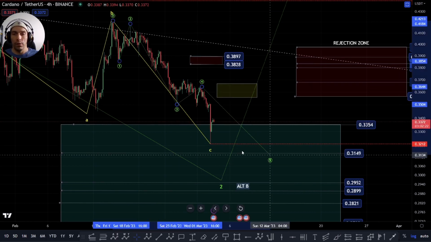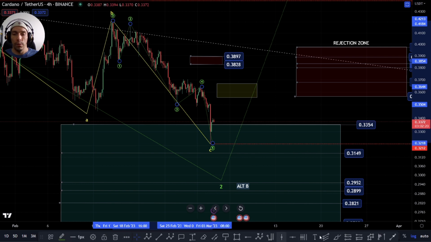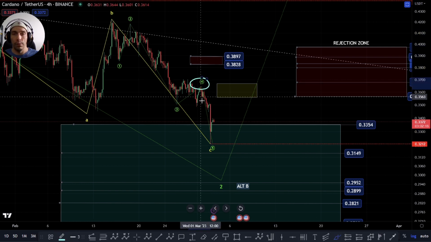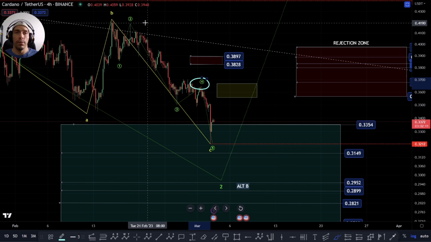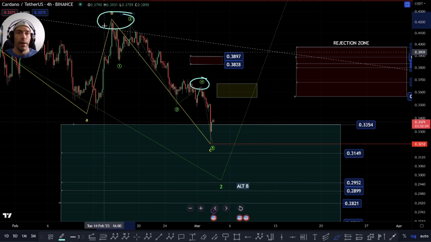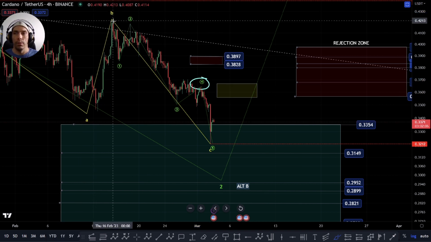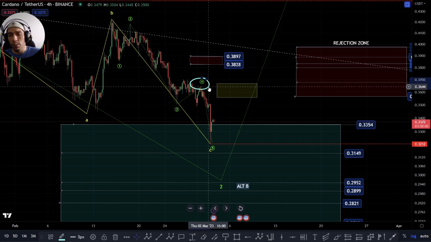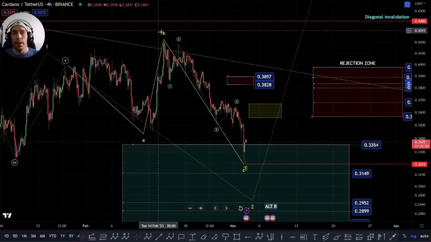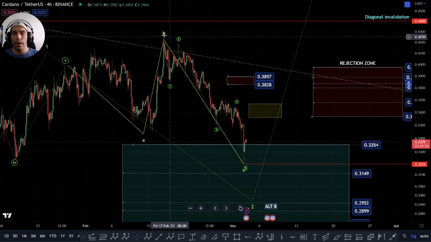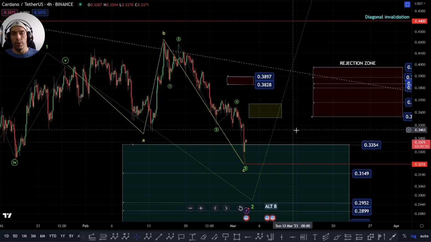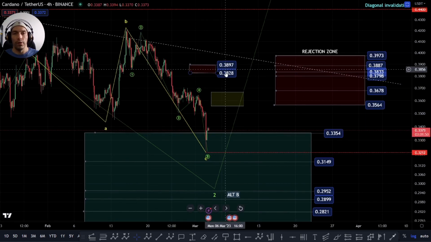And if we're going to argue that it's completed, the first thing we want to do is come take this fourth wave here at this 3640, and then we want to cross this wave one as well, this 3854, and then ideally take this high back above this B wave here, which would be this 4213. Once we start to do that, we take out the possibility of this being able to extend. But until we come back above this high point, we need to be a little bit cautious within the wave count because it could always extend to the downside.